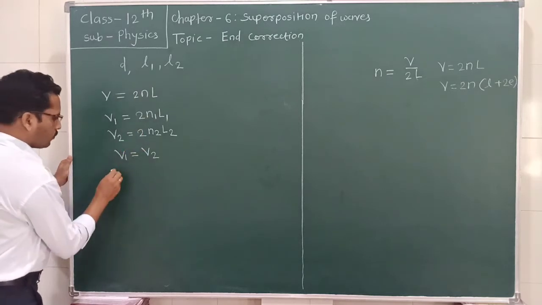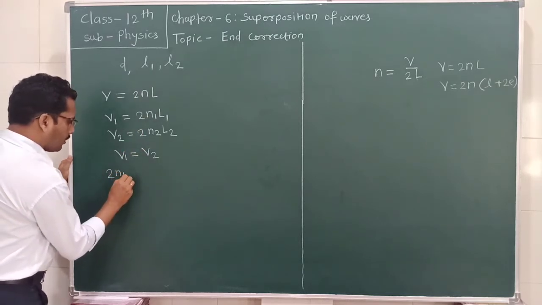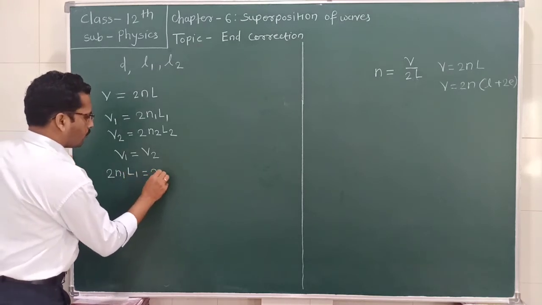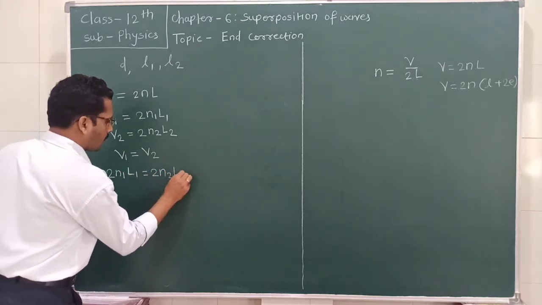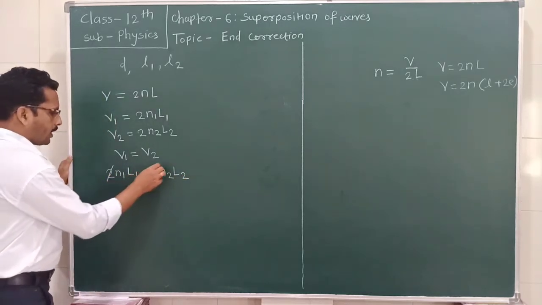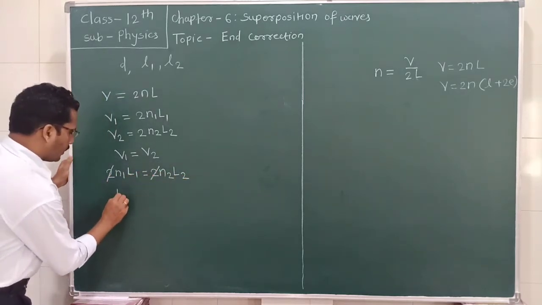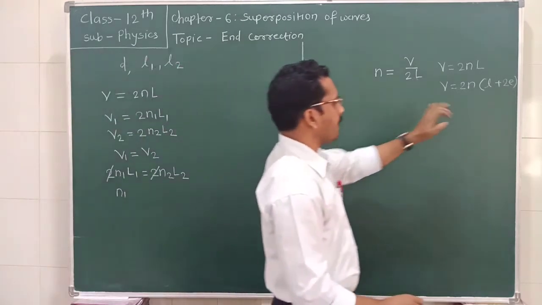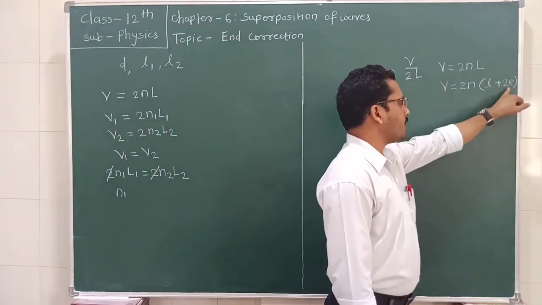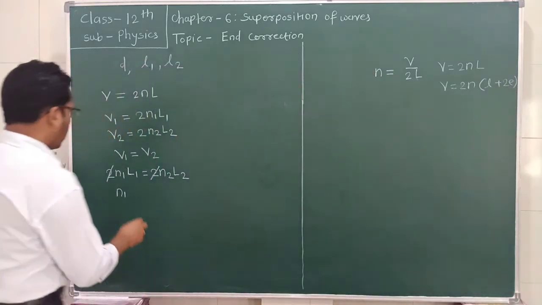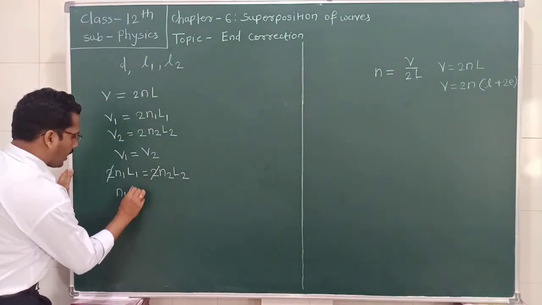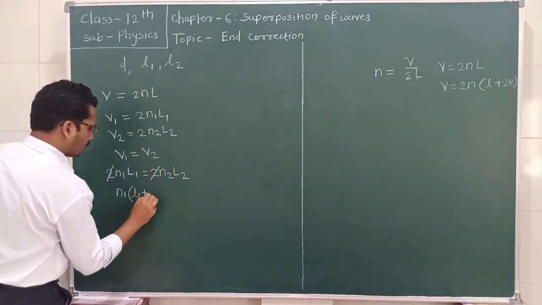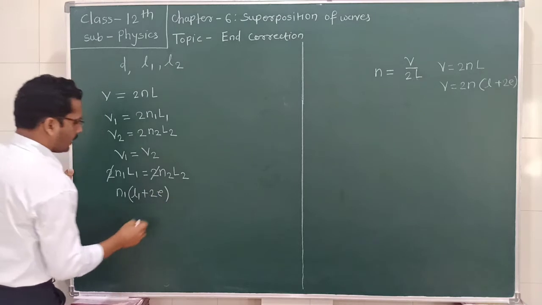So twice N1 L1 is equal to twice N2 L2. This 2 and 2 get cancelled. So we can write N1 into the effective length L1, that is L1 plus twice E, where E is the end correction,